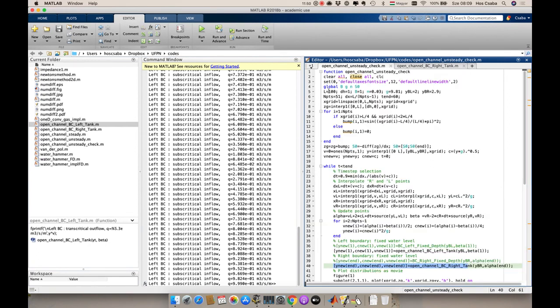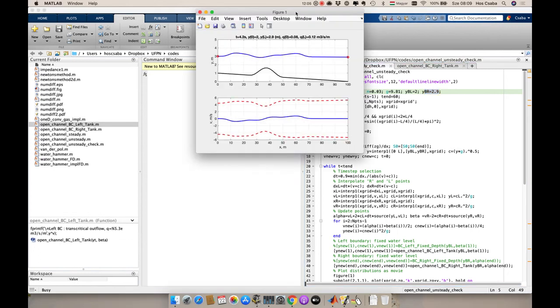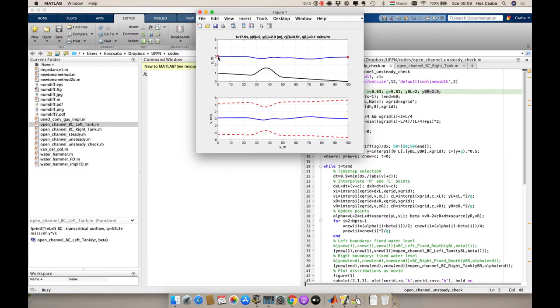So first I will run a simulation where on one end the water depth is 2 meters, the right-hand side 2.9 meters, but the height difference is 1 meter. So if you run this, you also see that there is a nice bump within the... okay, I will not magnify it. So left boundary condition 2 meters, the red dots, red circles are the boundary conditions, the right boundary condition is